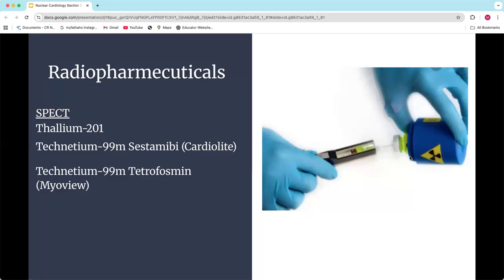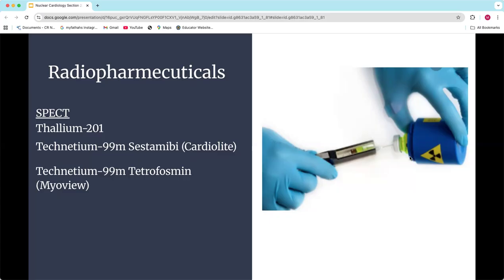The other thing is, honestly, thallium is like the OG of radiopharmaceuticals for hearts. A lot of the lingo and understanding how things work and why we do protocols the way we do was based off that original idea with thallium. So I think it is good to understand and learn thallium so that you can build on that and things will make a little more sense. So hopefully we do that as we're building this. But most of the time, and likely what you've seen in your clinicals, is either Cardiolite or MyoView. Probably Cardiolite. I see MyoView less than I see Cardiolite.